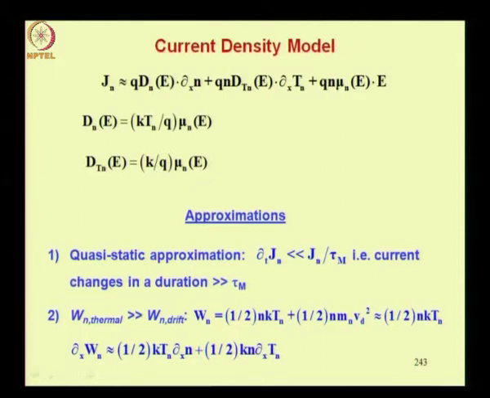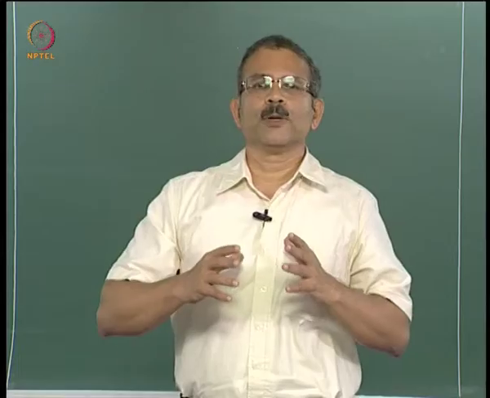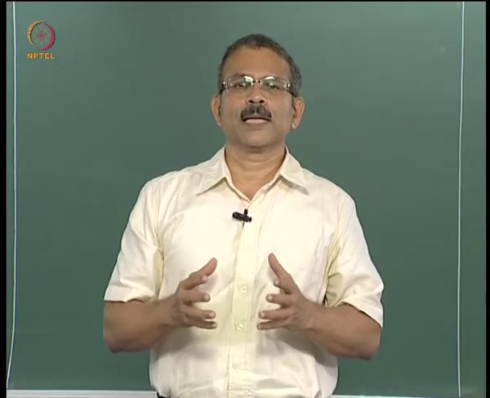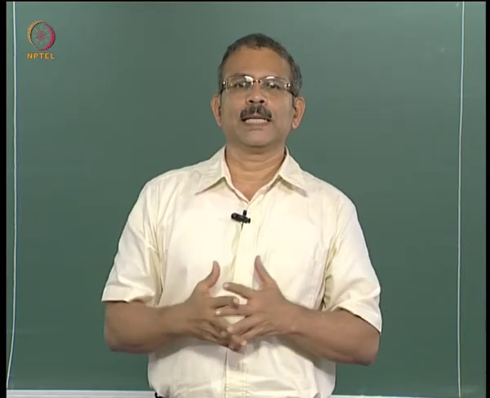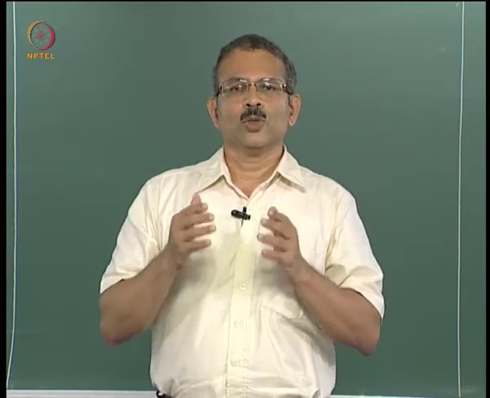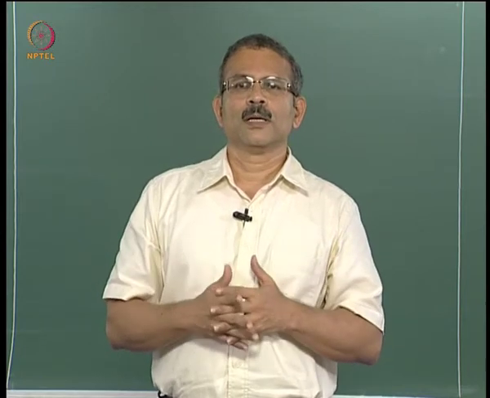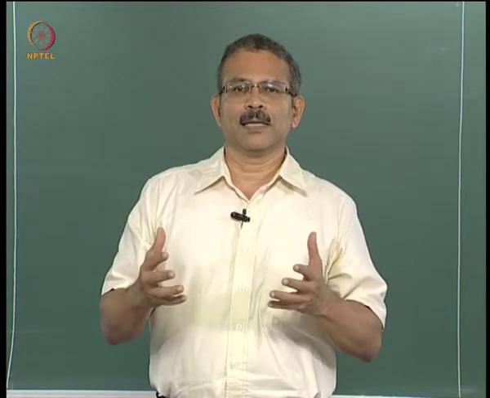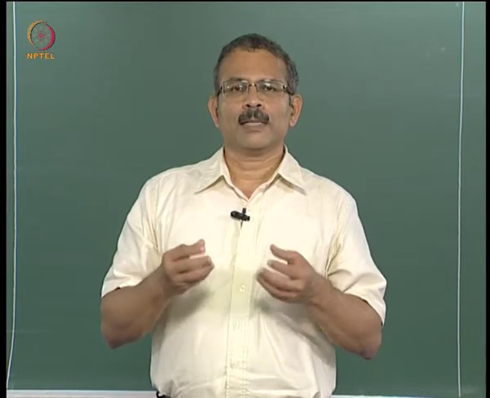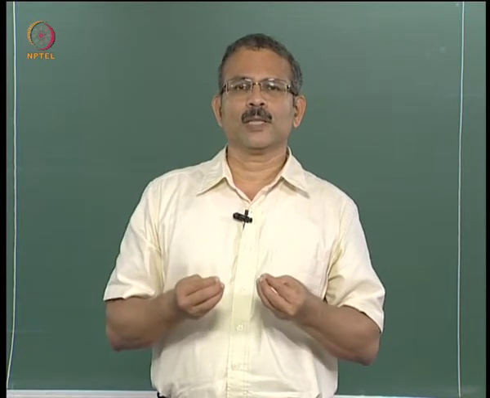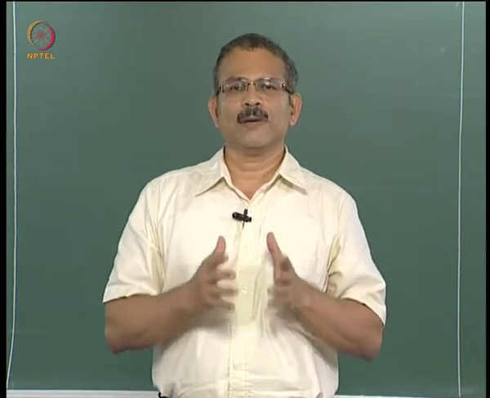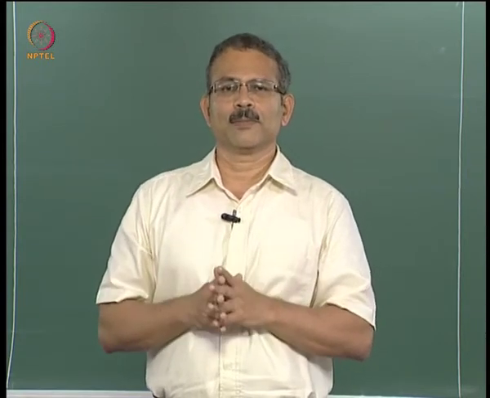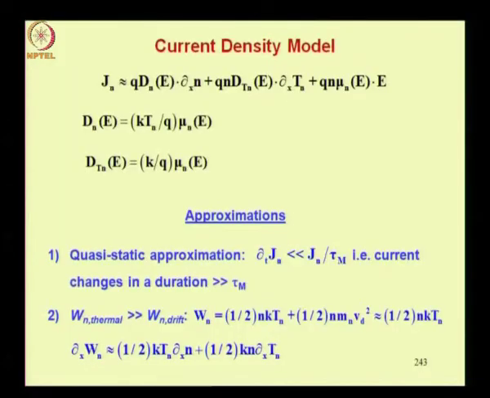This is the reason why one talks only of the mobility of carriers in a semiconductor, and one tries to model mobility, measure mobility and so on. You will find in books the data for mobility given, but many times the data for diffusion coefficient or thermal diffusivity is rarely given. The reason is you can always derive this data from the mobility data because of these relations. So, these relations are very, very important.